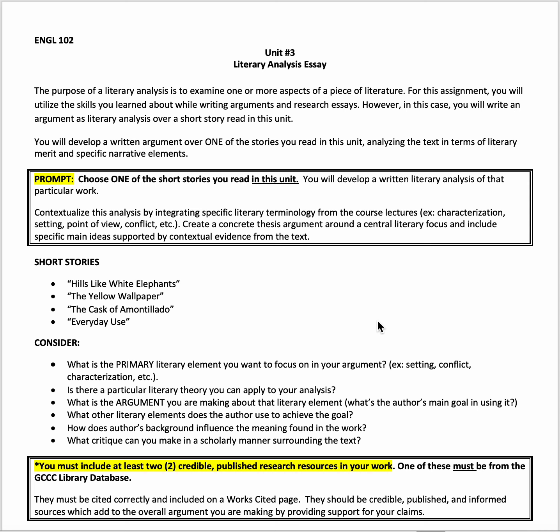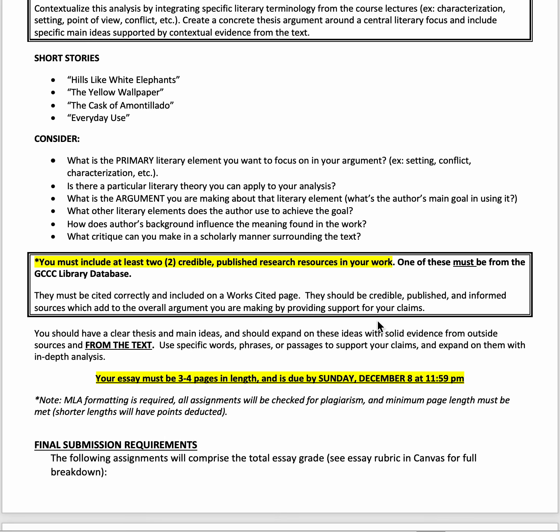Contextualize that by looking at specific literary terminology that you can integrate into that based on the lectures we've had. So things like characterization, setting, point of view, conflict. Create a thesis claim around one of those major literary foci and include the main ideas and evidence from the text to support your claims. So you have 4 stories you can choose from: Hills Like White Elephants, Yellow Wallpaper, Cask of Amontillado, and Everyday